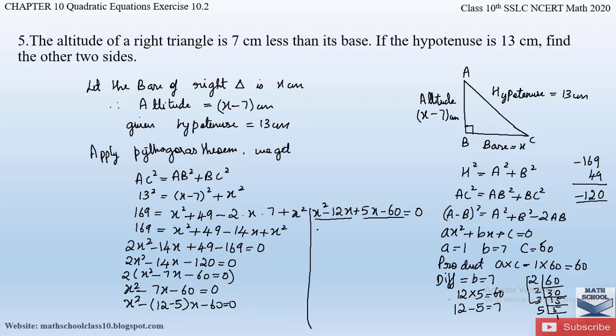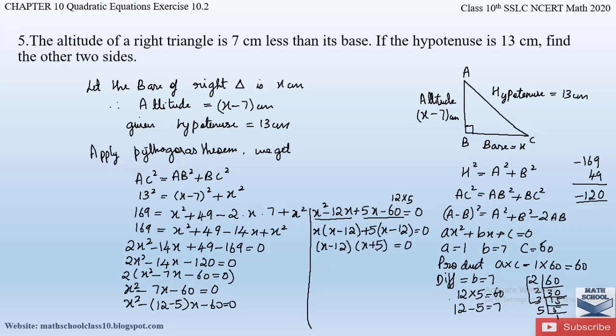If we take x common here, what is left behind? x minus 12, plus, since the plus sign is there, we are going to take just plus here. Now 60 can be rewritten as 12 into 5. So 5 can be taken common between these two terms. So plus 5 you take common, x is left behind. Now plus into minus will be minus 12 is equal to 0. Now again if we take x minus 12 as common, what will be left behind? x plus 5 is equal to 0.